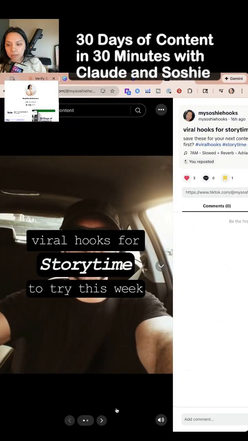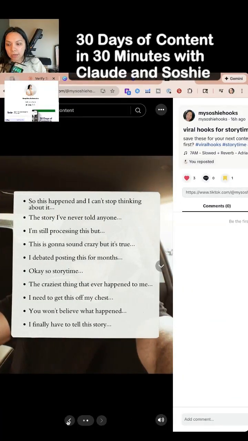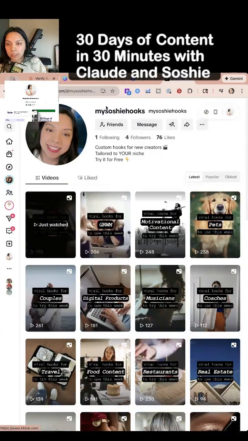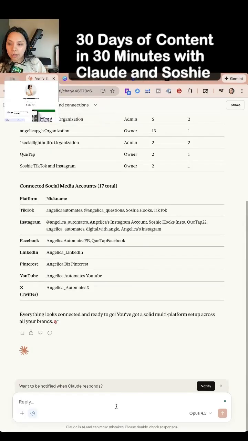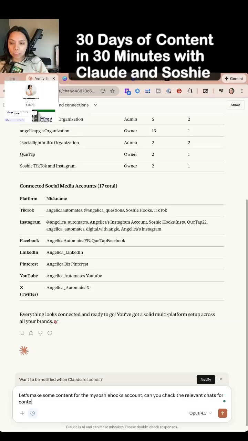These are carousel swipes. You can see it's one image and then the carousel. So I'm going to make a big batch for this one. I'm going to head over to Claude again, and then I'm going to tell it, let's make some content for my Soshie Hooks account. Can you check the relevant chats for context on the kind of content